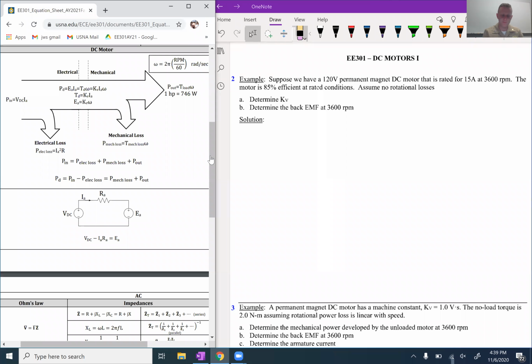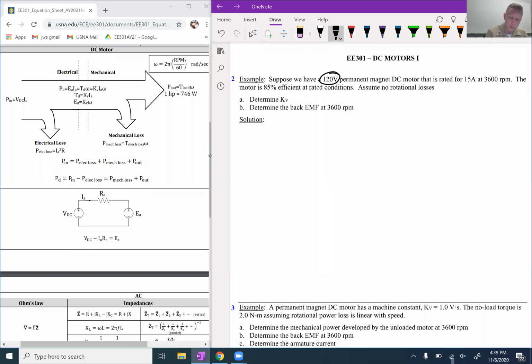All right, let's do example number 2. We may do example number 1 in class. If we don't, you can do it on your own. It's just finding RPM. But example number 2 here, with these motors, I've said, same with the linear motors, we